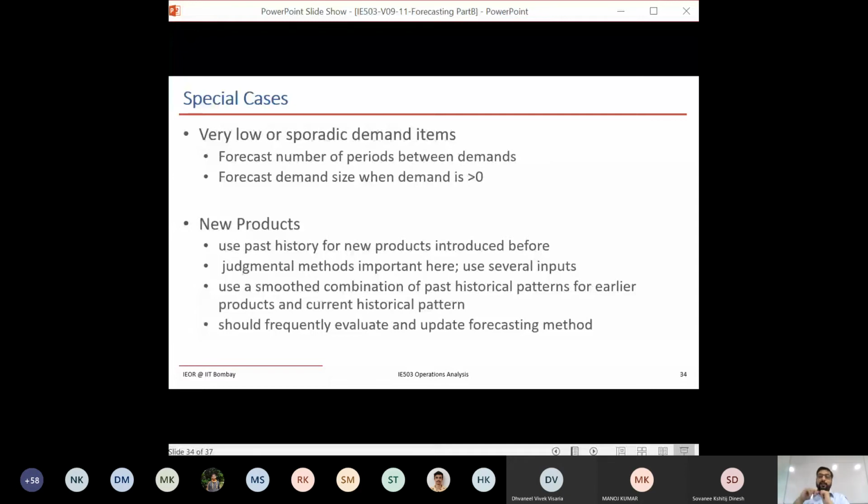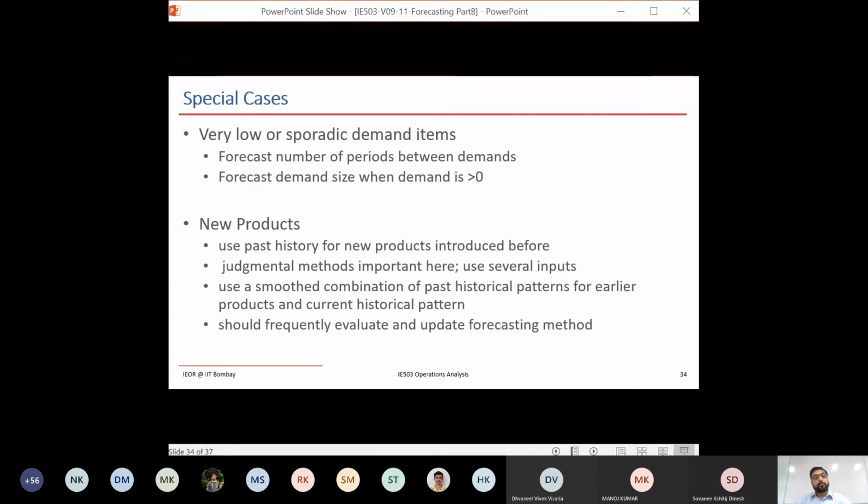Imagine every day we are monitoring the sales of a product. One product doesn't move. Today there is 0 sale, second day 0 sale, third day, and so on. But one of the days suddenly people come and buy 2-3 of that product, and then again there are not many sales, and after some time it sells. So many days there is no sale, and someday when it sells, it can sell 1 unit or 2 units or even 10 units. Those we are going to call sporadic demand items.